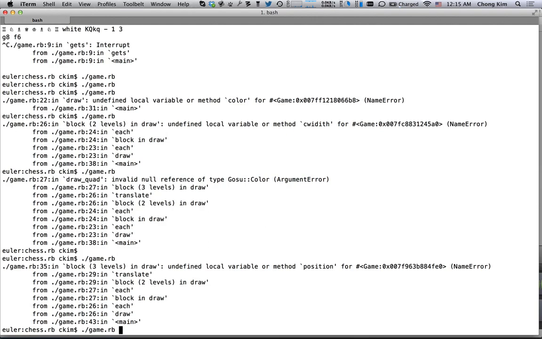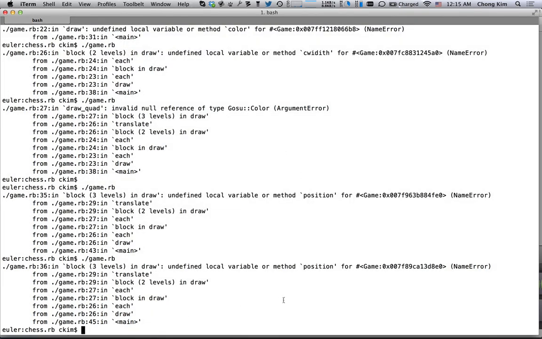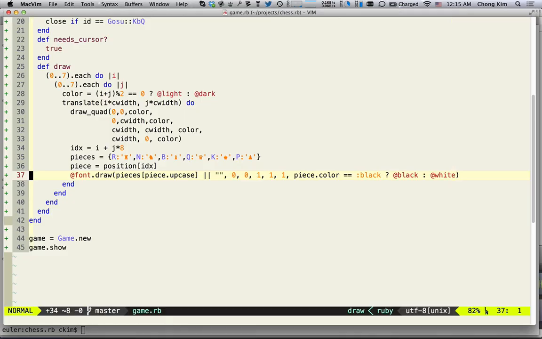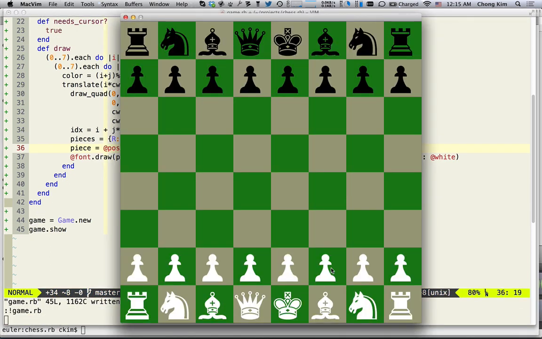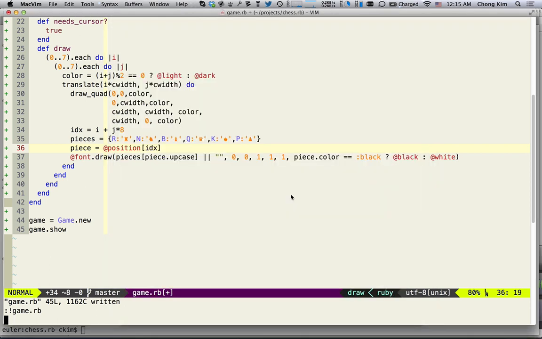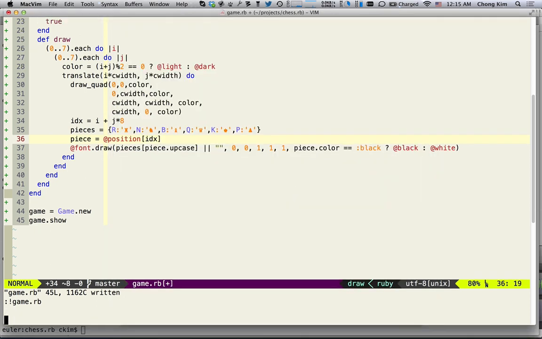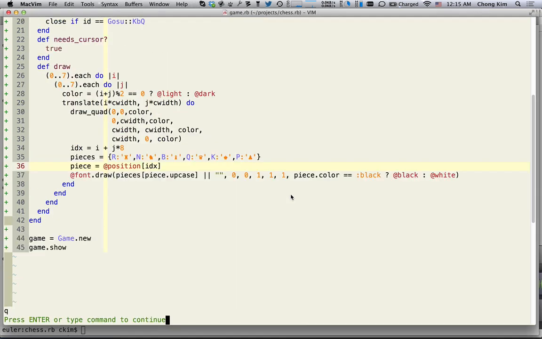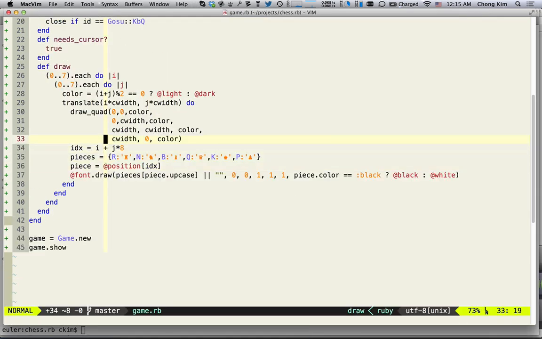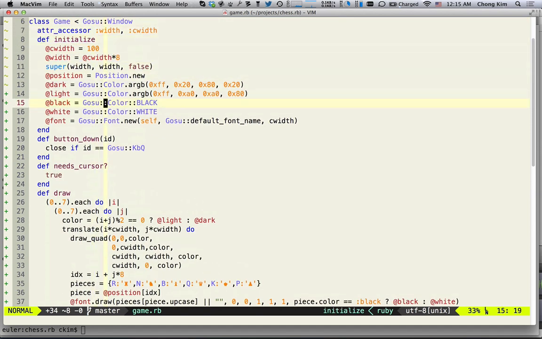Error. So let's see, what's the error? Undefined local variable position. Oh, again, position. It's at position. Looks very nice. Okay. All right, so now I'm going to be able to click and drag the piece. So let's do that. I gotta quit out. Okay, so to do that, we're going to